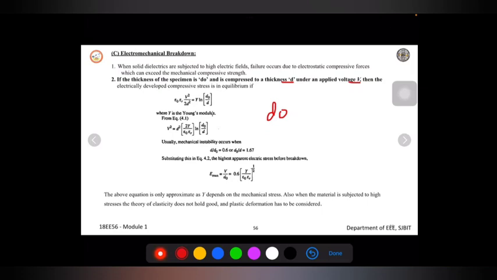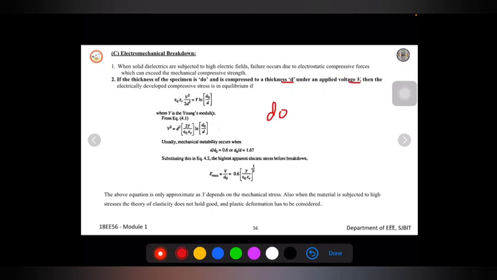So that will give the maximum dielectric strength before breakdown it can withstand. This equation approximately depends upon Young's modulus Y and also the mechanical stress. What mechanical stress is going to be overcome when it is compressing, with respect to the thickness of any given specimen. Also, when the material is subjected to high dielectric strength or high stress, the theory of elasticity does not hold good, and plastic deformation has to be considered, because there will be a variation of thickness